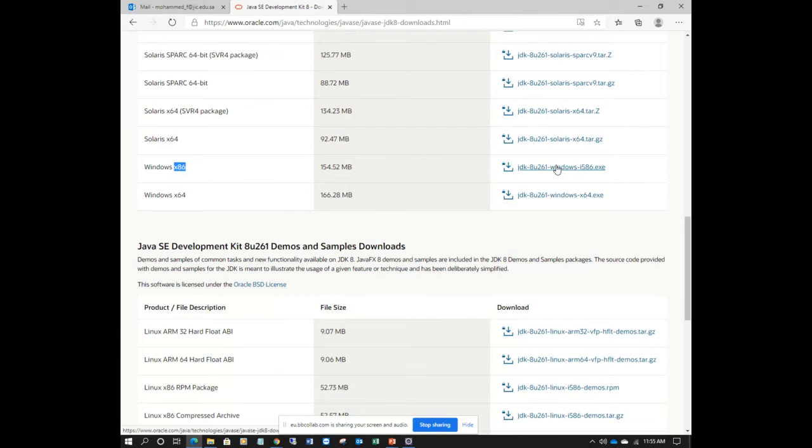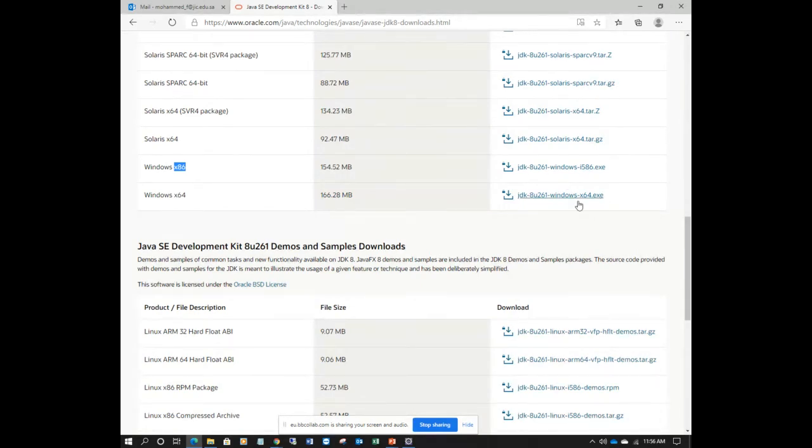Check on your PC or laptop whether it is 32-bit or 64-bit, and install the same version. Sometimes your system supports only 32-bit and you install 64-bit, which doesn't work. Make sure you install the correct JDK that fits your laptop or PC configuration.